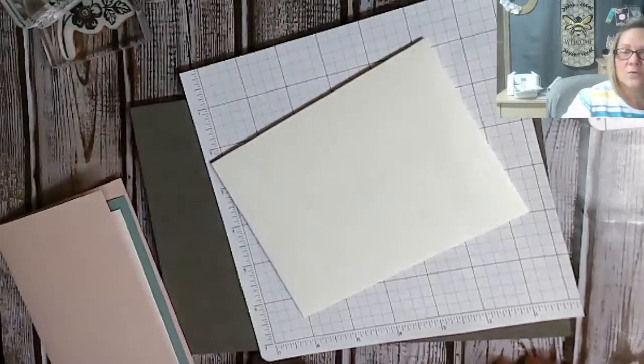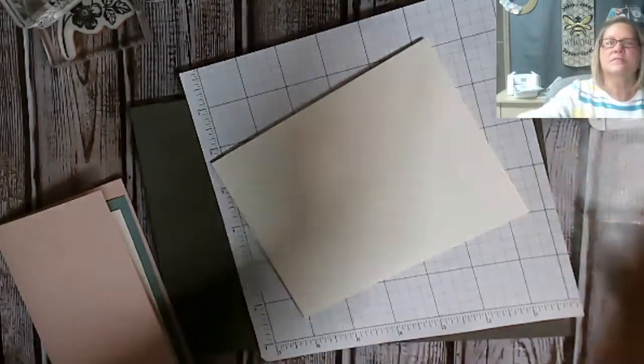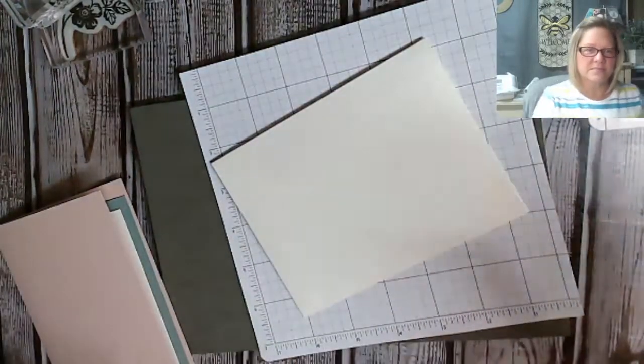And because I always forget the envelope, I'm going to start with the envelope tonight. So let me see if I can turn this and see if you can. There we go. Maybe you can see my head